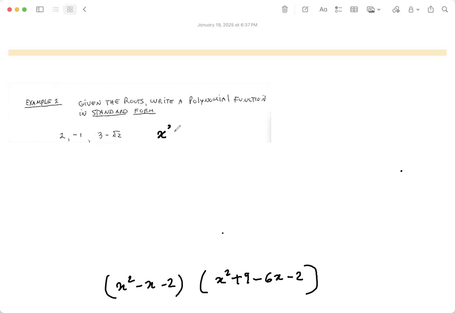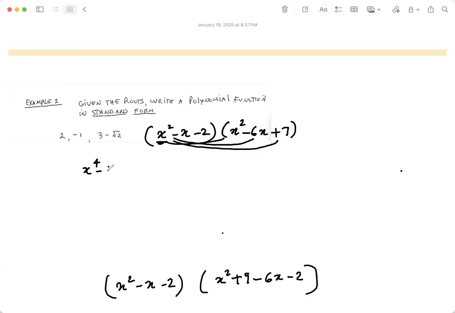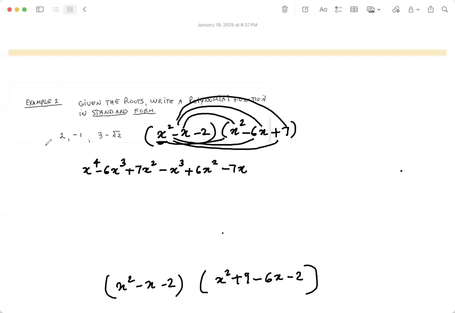So here, x square minus x minus 2. Till this is correct. So this is x square minus 6x plus 7, right? If I take this, for you not to have errors, take x square, multiply with each. Please write it down. x power of 4 minus 6x cube plus 7x square. Then I take minus x, multiply with each. So that will be minus x cube plus 6x square minus 7x. Next, the third one, minus 2, I take and multiply. Minus 2x squared plus 12x minus 14.